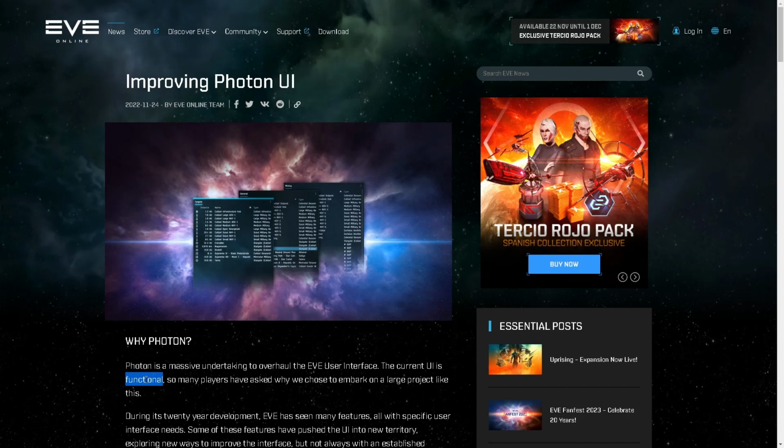And I think a lot of us are migrating to the new map because you can minimize it, you can scale it, right? It's functional, right? Not the idea of CCP's functional, which is bare freaking minimum. Oh, it works. We're like, we resize, we regroup, we